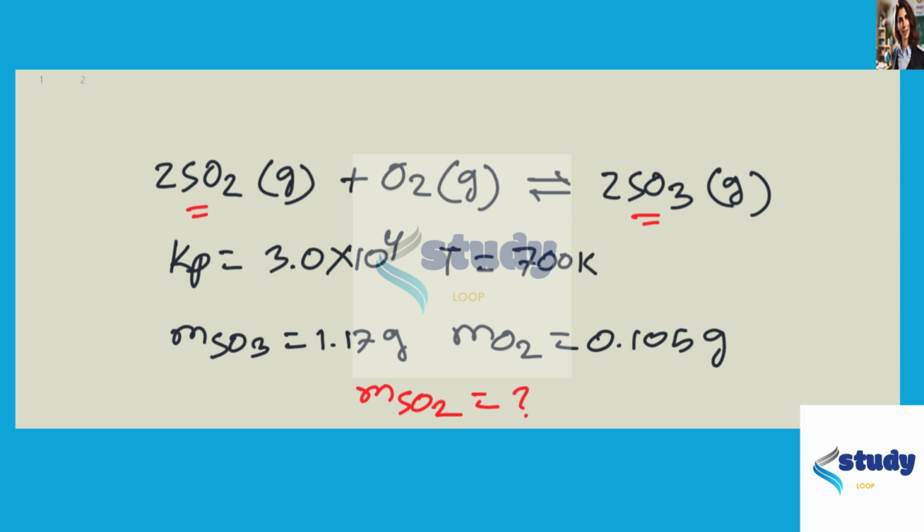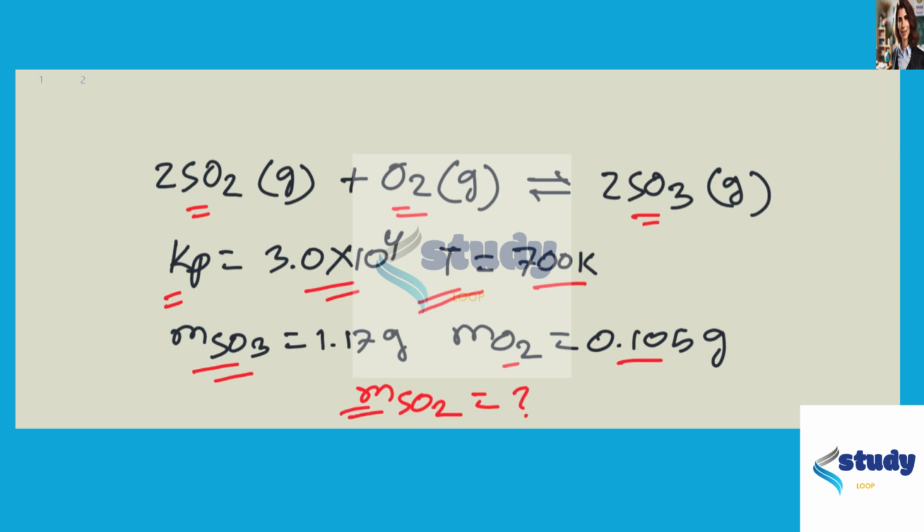So in this problem, we are given a reaction for the formation of sulfur trioxide from sulfur dioxide and oxygen gas. We are given the equilibrium constant in terms of pressure for this reaction, and the temperature at which the reaction takes place, which is 700 Kelvin. We are also given the mass of the product sulfur trioxide and the mass of the oxygen. These are the masses at equilibrium, and we have to find the equilibrium mass of sulfur